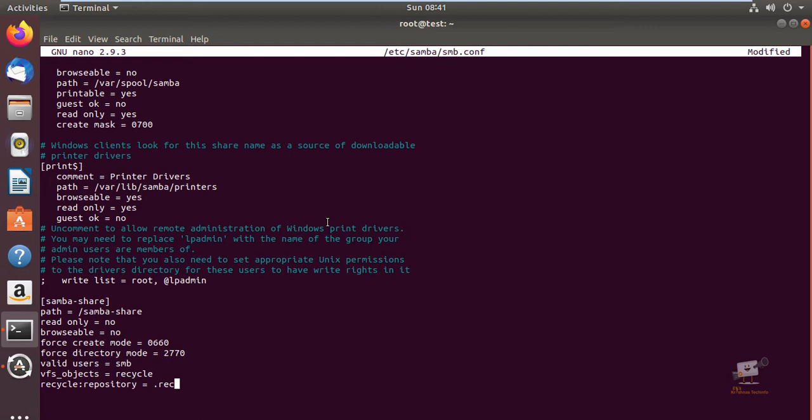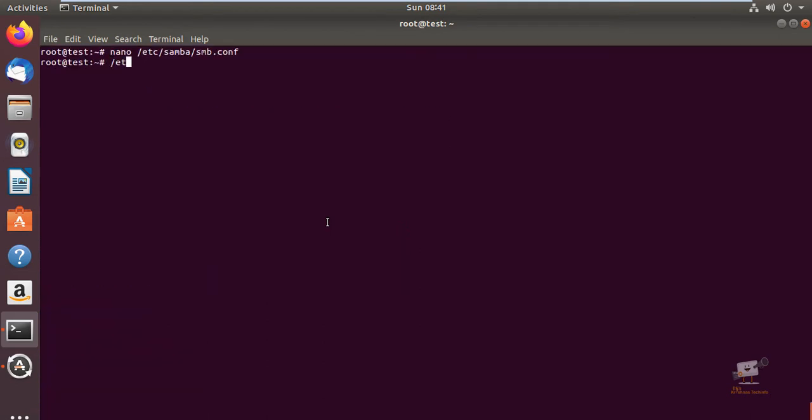I'm going to give it .recycle, and recycle keeptree equal to yes and recycle versions equal to yes. Now save the file and exit. Now restart the smbd service. Now the Samba service is restarted.